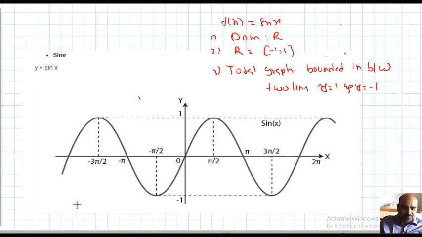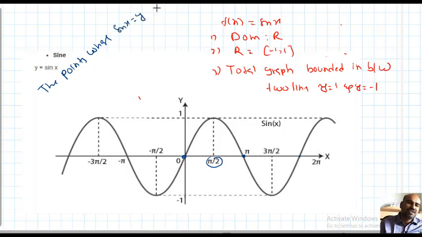Okay, so the important thing is, if x is taken as pi by 2, y is 1. If x is taken as 3 pi by 2, y is minus 1. If x is taken as 0, y is 0. If x is taken as pi, y is 0. If x is taken as 2 pi, y is 0. Sometimes we need to find what values of x give y equal to 0, meaning the points where